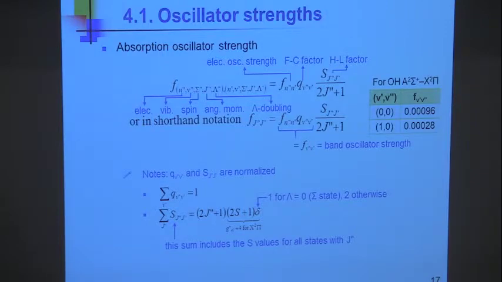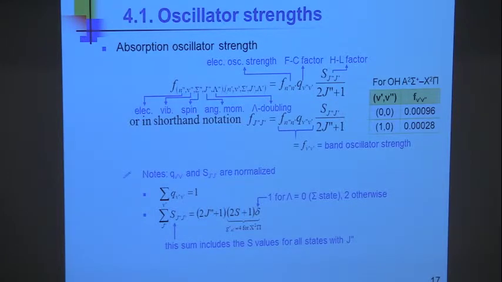Remember, state is the energy level for which the remaining degeneracy is 2J plus 1, which I can't get rid of unless I have a strong field. We don't have that. Okay, so we want the oscillator strength that goes from one specific state to one specific state, where I mean state. And it's written as the product of the electronic and the vibrational and the Hönl-London factor